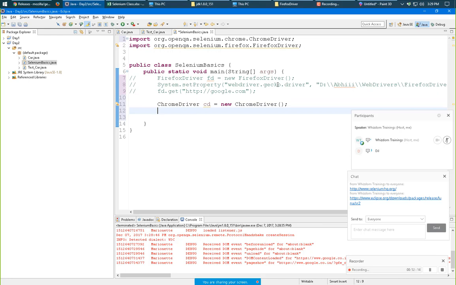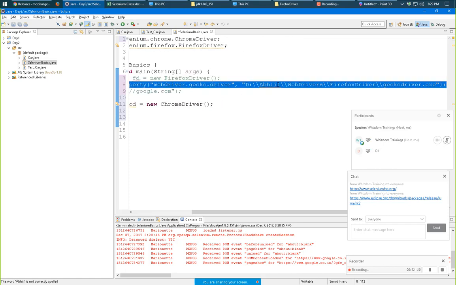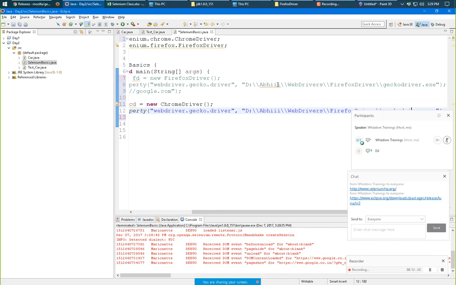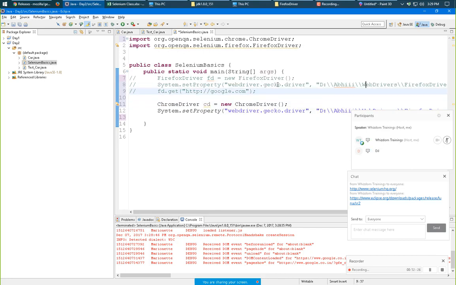This will open an instance of the Chrome browser. See, what we did here is we gave the path of the Firefox driver in this line. In the same way, we need the driver path for Chrome now.